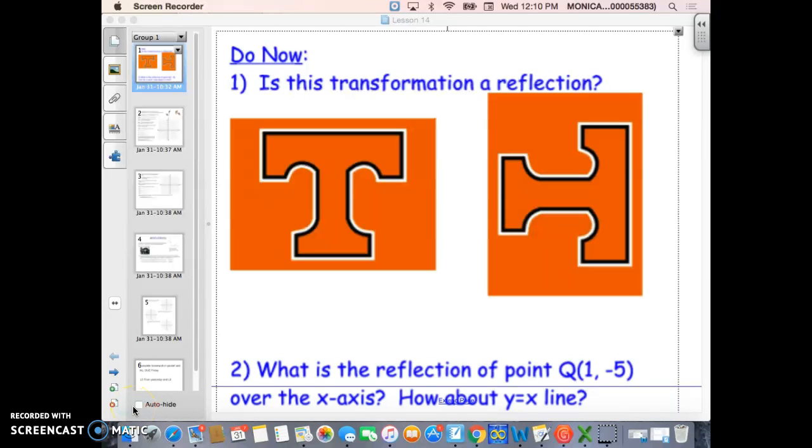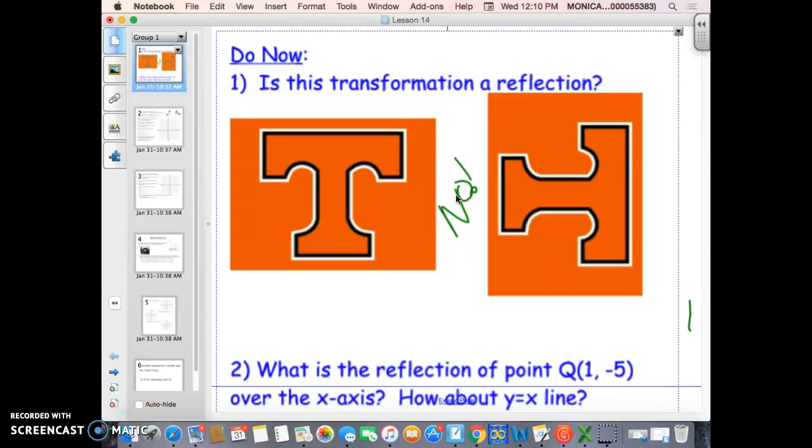We're talking about transformations. So right here you should have on this do now: is this transformation a reflection? And that is a no. This is what we're going to talk about today. This is called a rotation. And then down here it says,